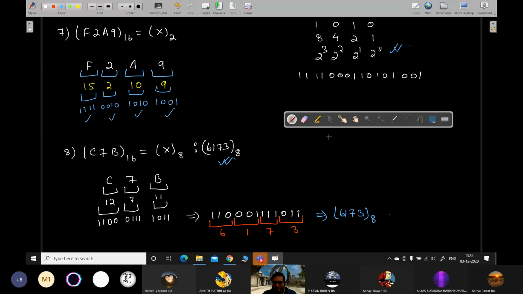देखो कभी भी तुमको कोई नंबर मिले ना, I'll show you a quick way of converting to binary. You need not always go into the division method. ठीक है? If you have to mentally solve something, तो थोड़ा practice करोगे, you will be able to convert fast. कैसे? For example, I write any number here. ठीक है? 69. Let's say I have to convert it into binary.